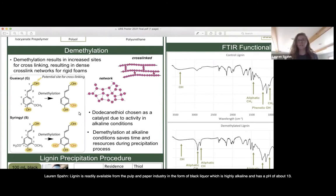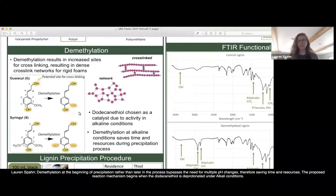Lignin is readily available from the pulp and paper industry in the form of black liquor, which is highly alkaline and has a pH of about 13. In my experiment, I plan to use dodecanethiol as a demethylation catalyst due to its activity under alkaline conditions. Demethylation at the beginning of precipitation, rather than later in the process, bypasses the need for multiple pH changes, therefore